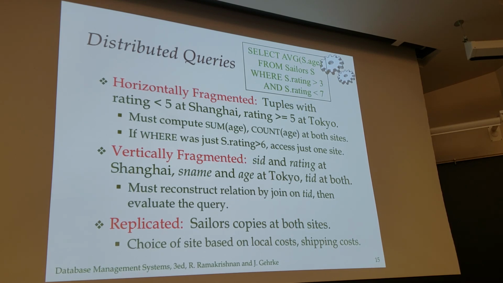then what I can do, and it's a lot like what we talked about with parallelism, but it's distributed. What I can do is I can go ahead and get the sum of the ages at Shanghai, but for the ones that are greater than 3, I'm doing this query, but I have to look at both Shanghai and Tokyo. So I'll get the part of the query that I need in Shanghai, the part of the query that I need in Tokyo. I'll get sum, I'll get count, and I can put together the average by adding the sums, adding the counts, and dividing. Okay, and again, as with the partition pruning,